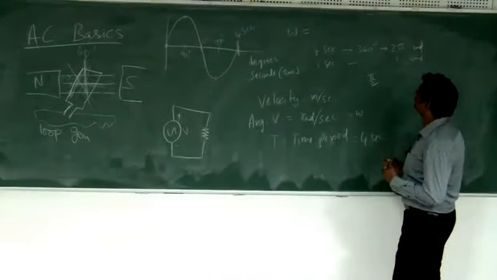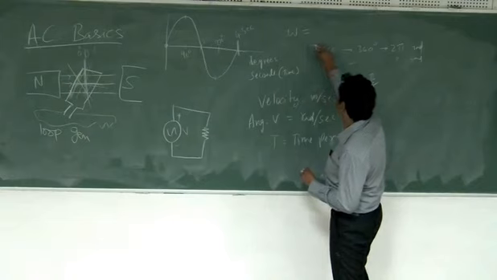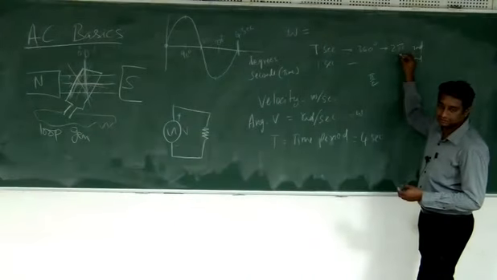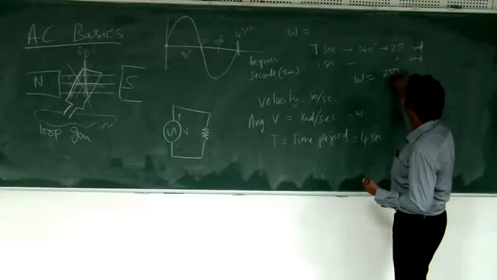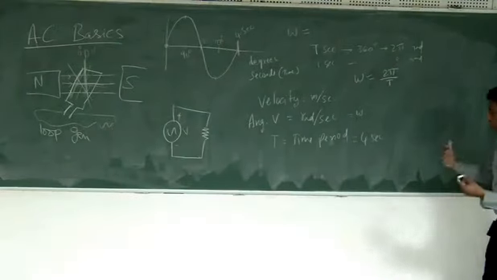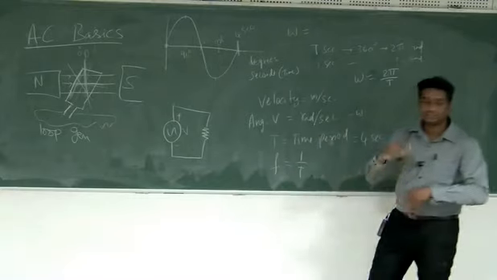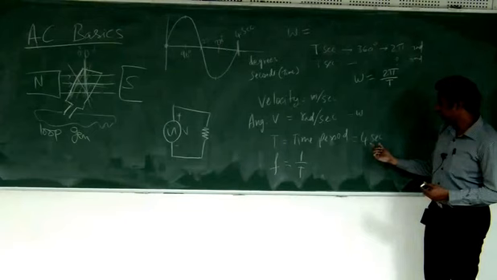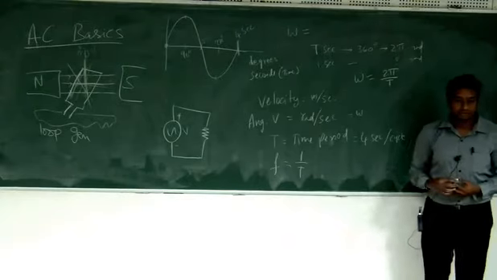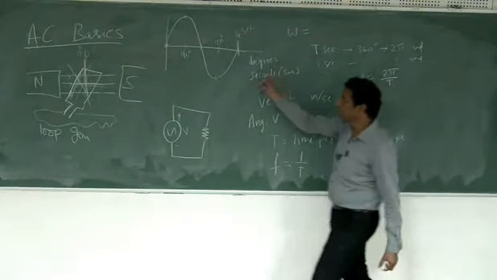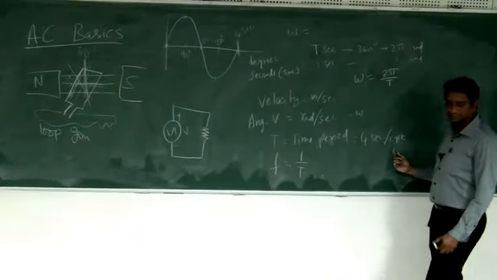Can there be a generalized formula? For example, in capital T seconds, I am covering 2 pi radians. So what is the general formula? Omega is nothing but 2 pi divided by capital T. I can introduce one more terminology, F, frequency, which is nothing but 1 by T, just as a different measure. This is 4 seconds per one cycle. The time period for one cycle is 4 seconds. So I want to reverse the units: cycles per second.